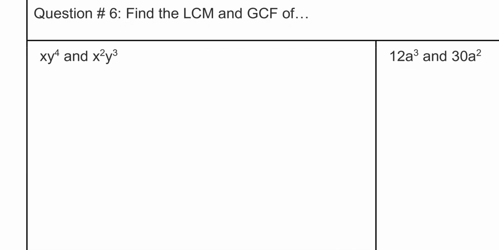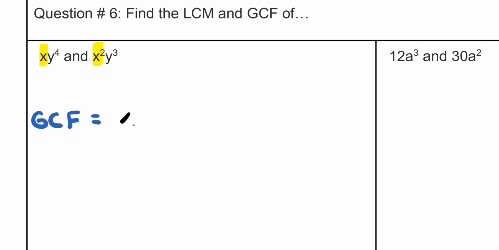Okay, so I'm going to start off with the GCF. And a lot of these kinds of problems, you can look at the problems and inspect the variables and just jump to the final answer here. So let's take a look at the x variables. I have an x and an x squared. So the greatest common factor, the greatest number of x's that I can remove from x and x squared is